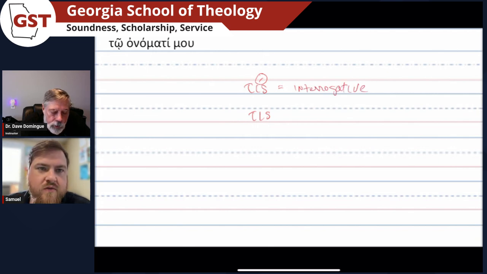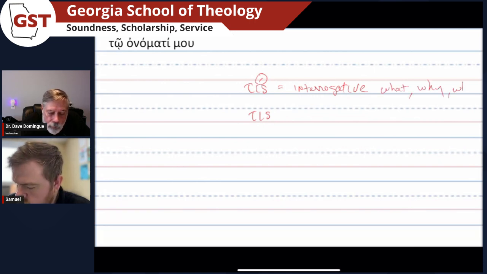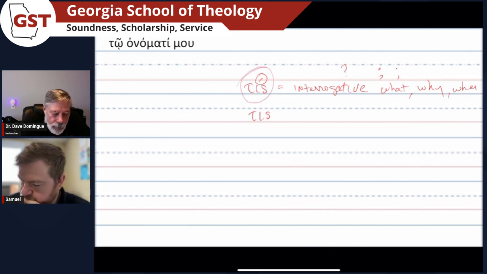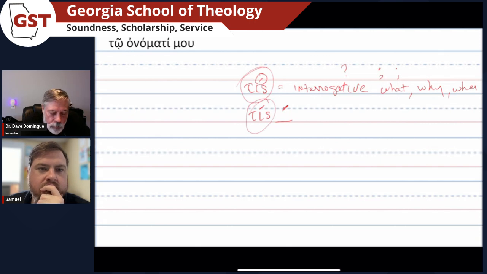So what do you do when you interrogate somebody? You ask them what, why, when. So it's interrogative. It's a question. It will almost always end with a question mark, which is what we refer to as a semicolon in Greek. So it's functioning as an interrogative pronoun. When it does not have the accent on the first syllable, it may have it on the last syllable, but when it's not on the first syllable, then it's functioning not as the interrogative, but as a